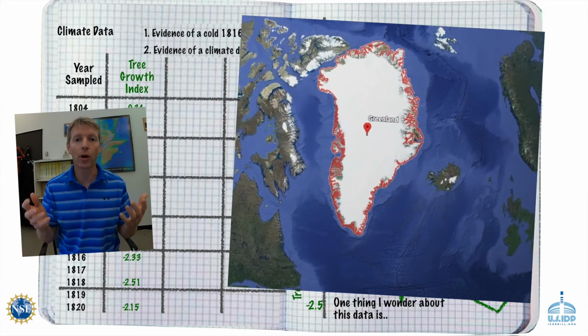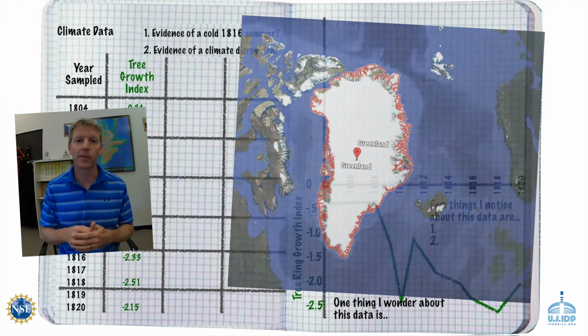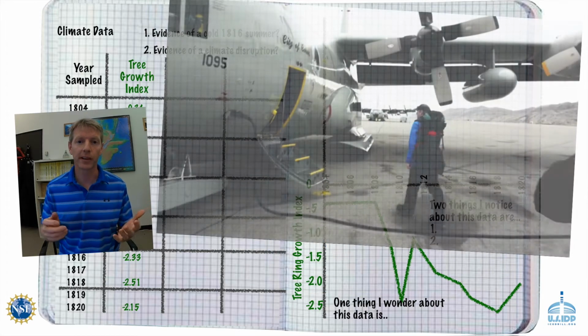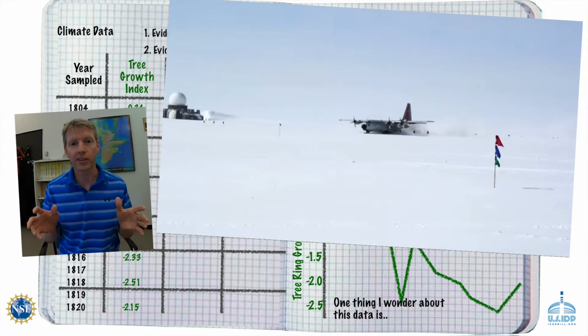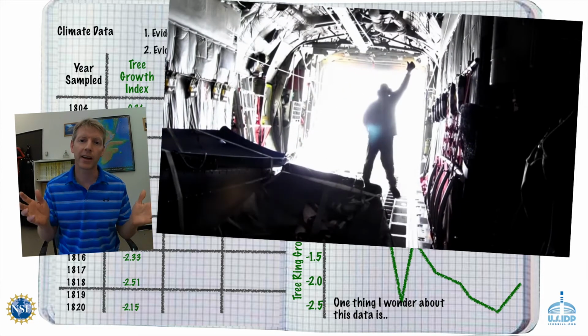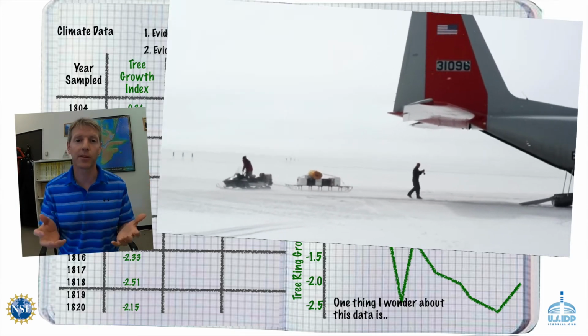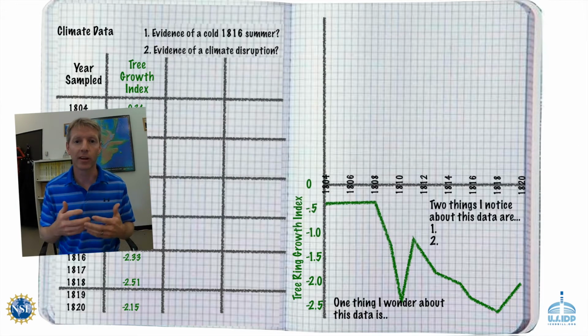So how do we actually go to a place like Greenland and collect an ice core? Well, first we actually have to get there. Sometimes it means we're taking large military airplanes. Sometimes we're on much smaller ski planes, so planes that actually have skis instead of wheels. Sometimes we're on helicopters. Sometimes we're on snowmobiles. If we're in the mountains, like in Alaska, sometimes that means we're mountaineering or we're on skis.